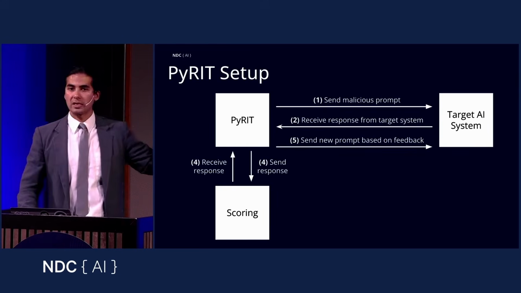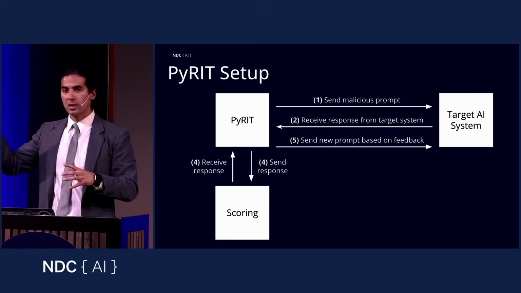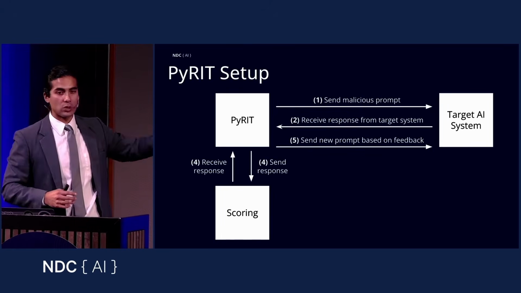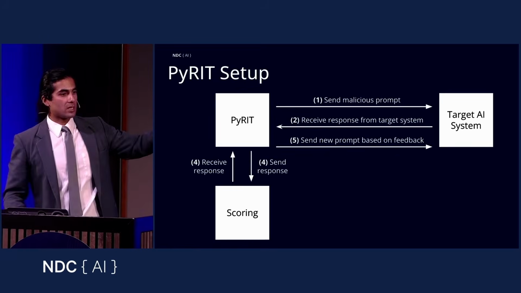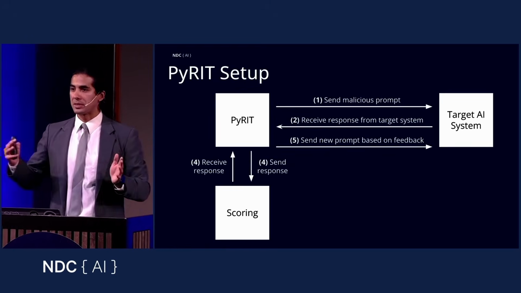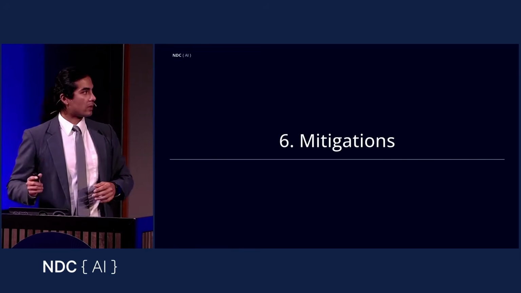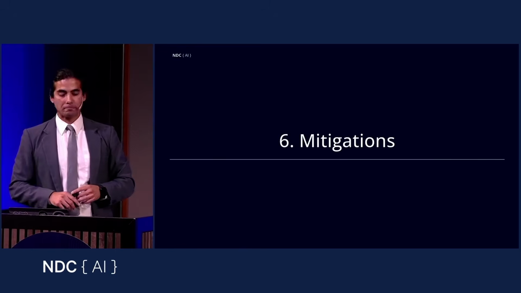There's some logic that decides, hey, have we met our objective? If not, just keep going, and then effectively fuzz the endpoint. And if we have reached our objective, just stop. So this is how we set up Pirate. You can potentially set up multiple instances, and then continuously fuzz your endpoint until you identify the different issues.